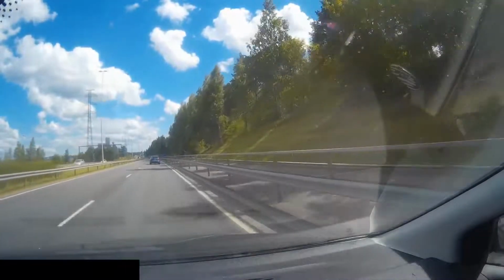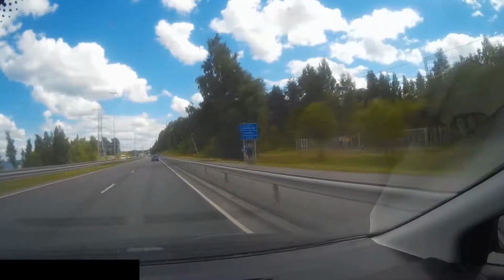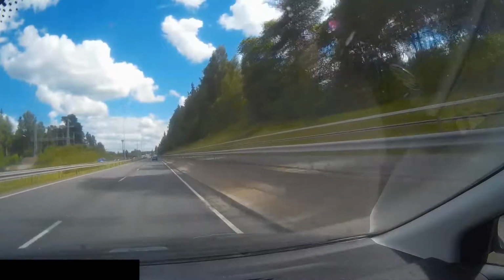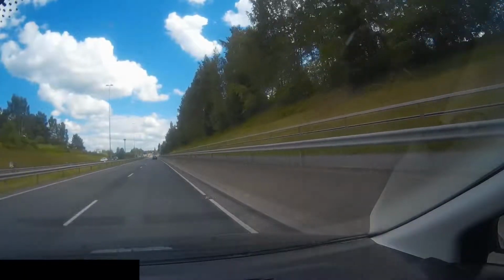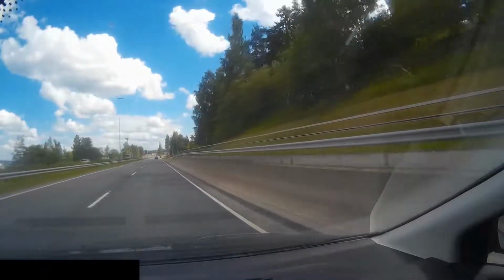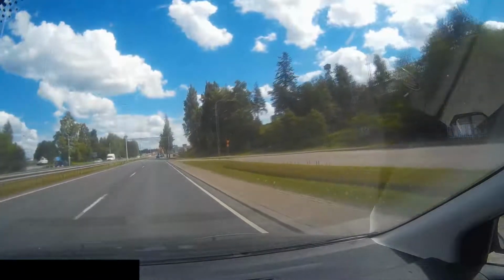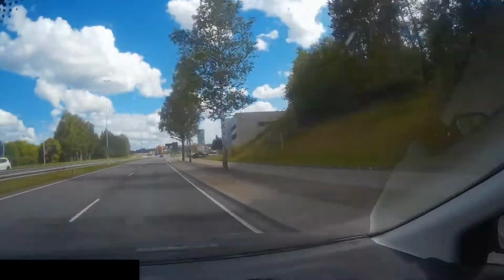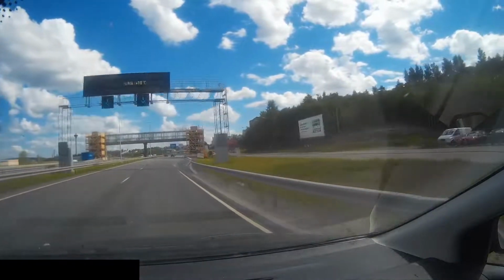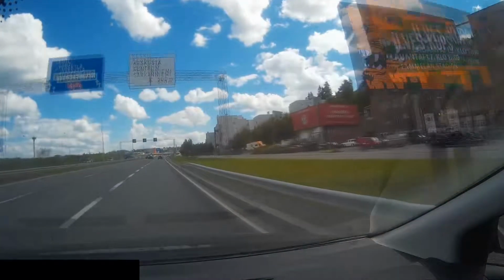He's here amongst us mortals here, or us plebs. He's with us here with his expensive vehicle, and he can show everyone how he can drive 100 kilometers an hour in a 70 zone. He can afford the ticket. Not to say that I never speed, but of course I never speed. I'm filming a video here, so I never speed. I always drive responsibly. But just saying that the BMW and the Audi drivers, something about them that makes my piss boil. But then again, people probably think like that about me too, so